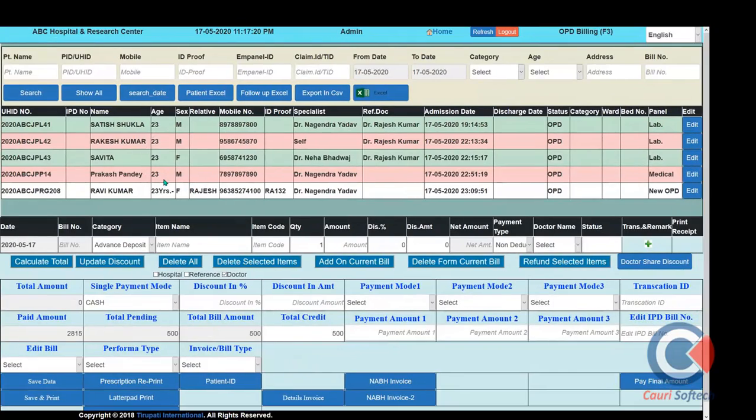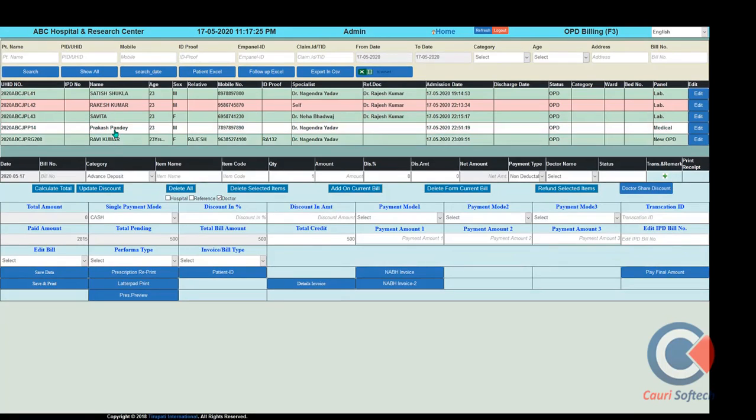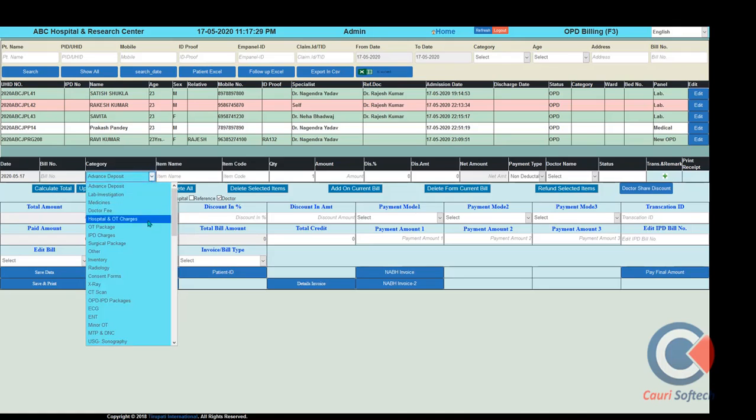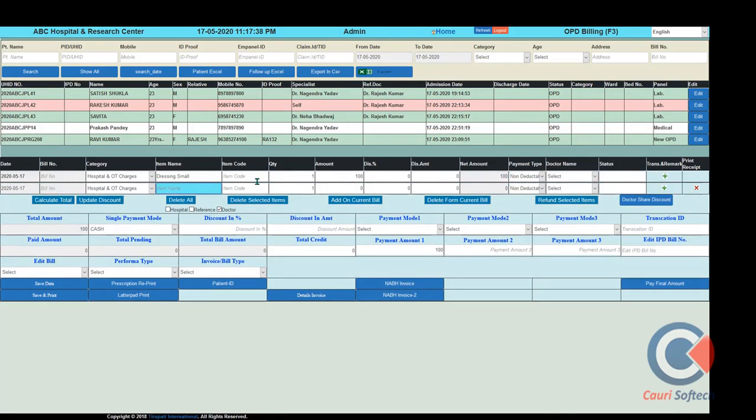After completing this entry, assume that some patient has to do billing for something not advised by the doctor, like dressing and other services. You have an option also open. The billing user can select the category to do the dressing activities, any oxygen charges, any additional charges, like nebulization charges, this way, and perform the billing to the patient in single payment mode. In that case, both service tabs can be accessed.